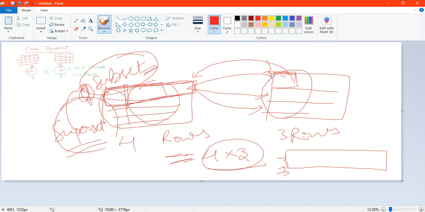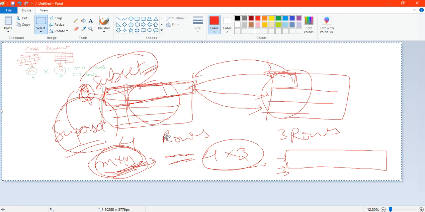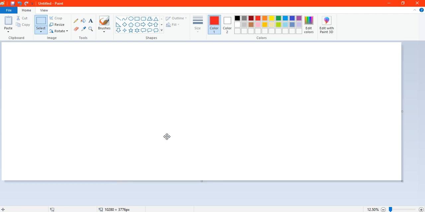In some cases it may happen that all the m into n records are printed, depending on the condition, but the number of records in the generated result, when you are joining the tables, will not exceed the cross product, m cross n. This is the logic behind joining tables, and I have shown you with the student and course table example how we can combine the two tables.